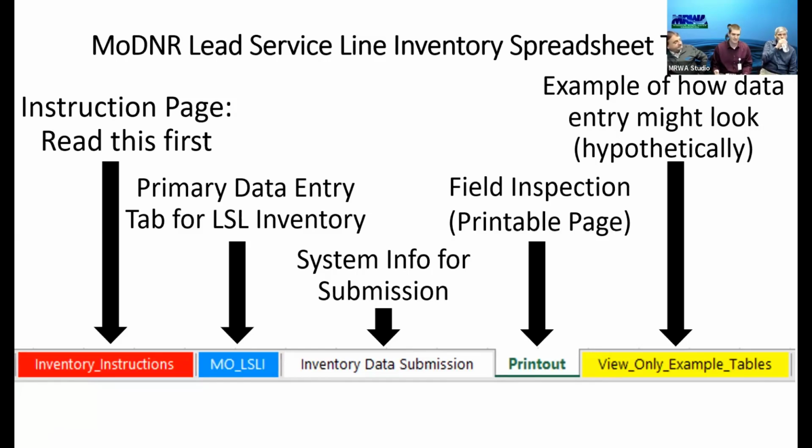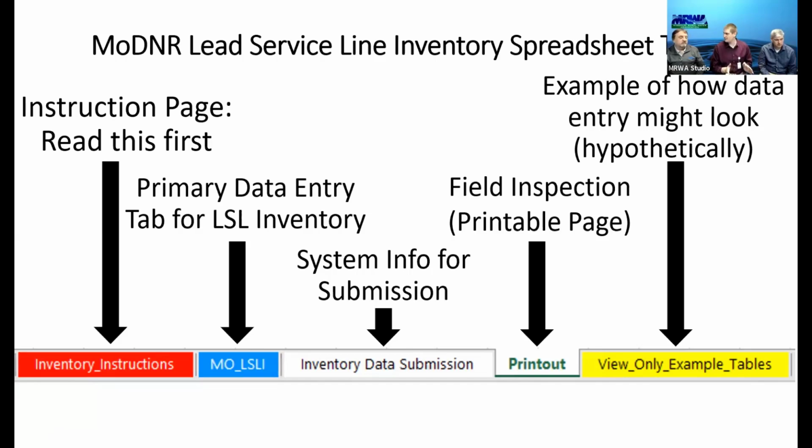That was a template, and EPA expressly states on that this is not for reporting purposes to the state, because the state needs to approve what they'll accept for their version. So please use the Missouri DNR state approved version, not EPA's. That's just a general template. But in ours, here are the different tabs. I would recommend systems read the inventory instructions, that red tab, first, because that might answer a lot of your common questions.